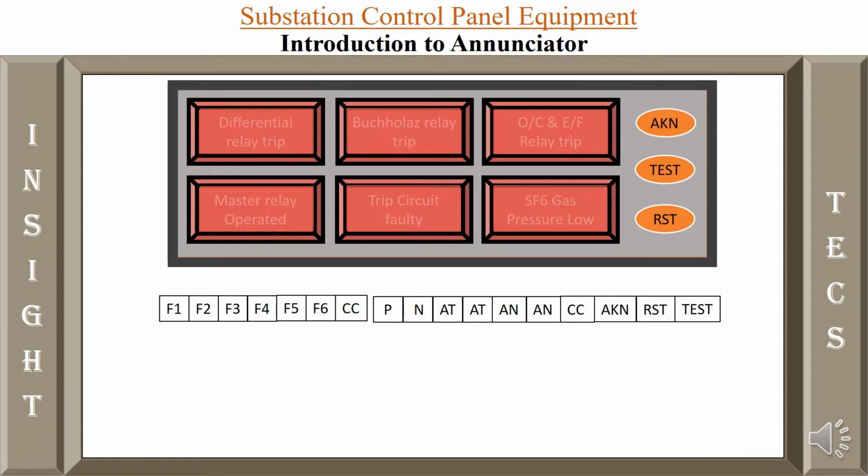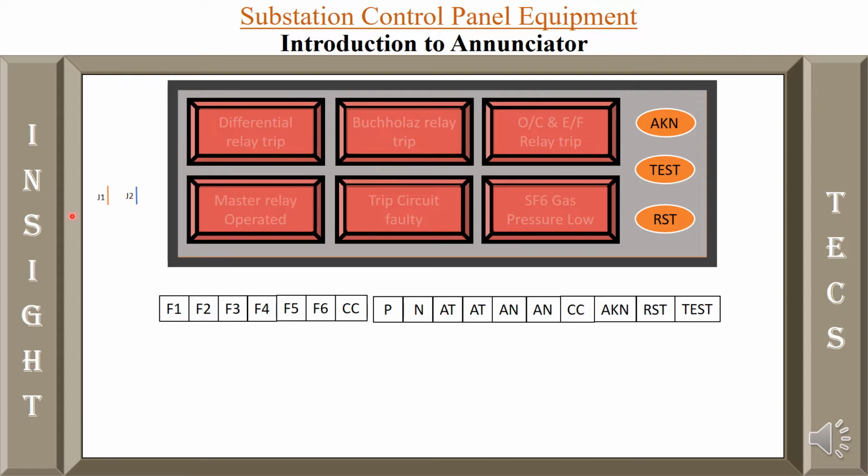Now let us understand the wiring of this annunciator. The very basic step to do wiring of any equipment is to first of all provide power supply to the equipment itself. So let us provide power supply to the annunciator first, but a fuse is required to protect this equipment before we provide a power supply.